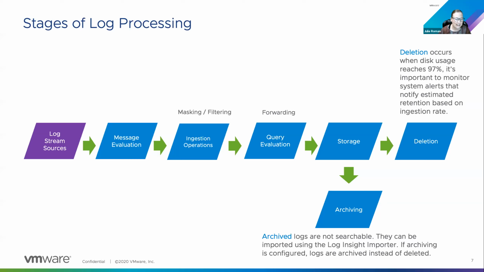And a common question I get is, people always trying to get it below 97%, but by design, once it's been up and running for a while, it will always run at that 97% and overwrite logs as necessary. So you would set up a system alert, say you need to retain logs for 1 month. You would want to get notified if you are filling up storage faster than that rate, so you can address it and add more storage if necessary, because if your retention policy is greater than you have storage, you're just going to get an alert because then it will be overwritten.